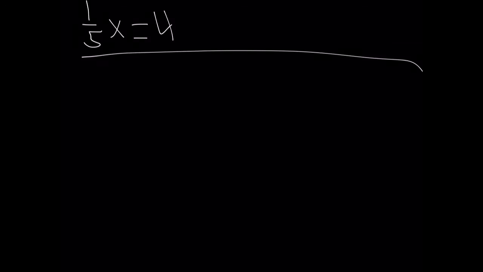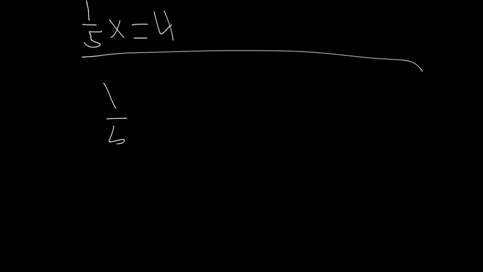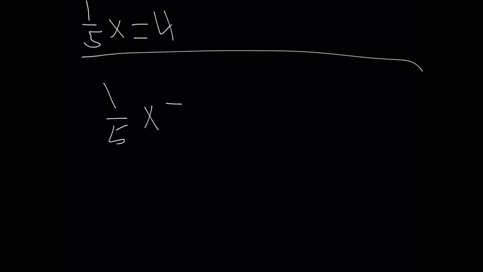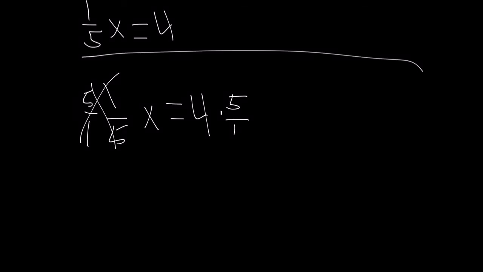Alright, so you need the first thing to do is set up the problem. 1/5 times x equals 4. Alright, so now you need to, since you can't divide, you gotta do the reciprocal. 5/1. And then times 5/1. Alright, now you're gonna cross those out. 4/1. Alright, now